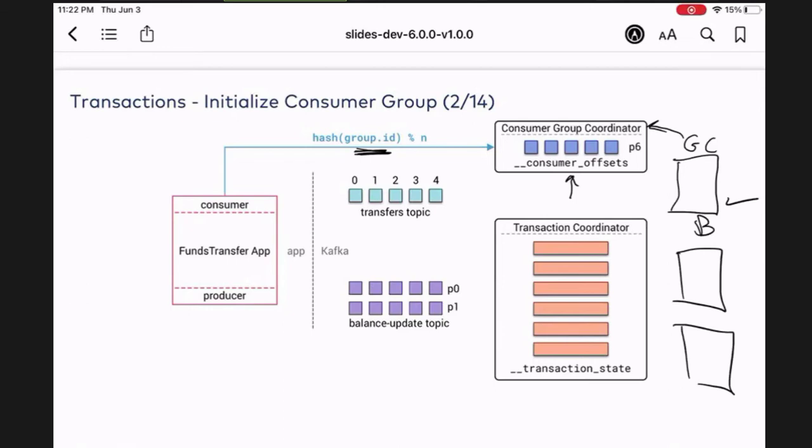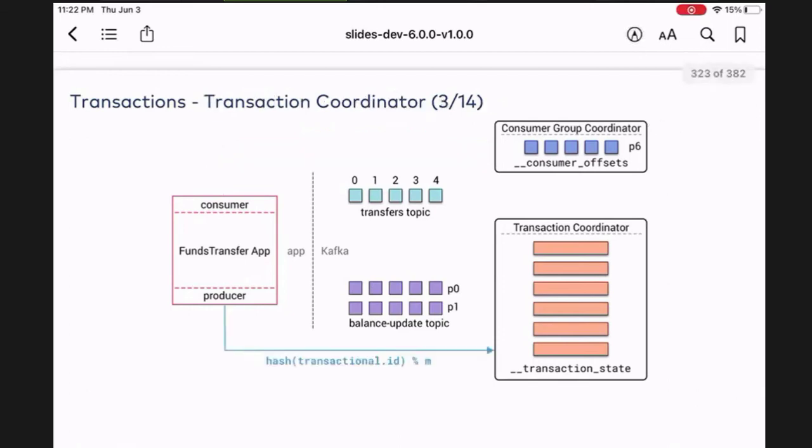Now, the next question: how do we figure out the transaction coordinator? It's the same thing. Remember, the producers now will have a transactional ID, just a string that you set, whatever you want.